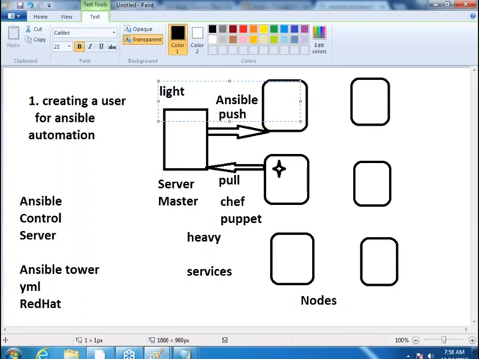Whereas the same thing is not possible in case of Chef or Puppet because the server has to maintain many things. Here, it is very simple. It maintains everything in a very simple file kind of structure. But when you go for Ansible Tower, it becomes slightly complicated, but not as complicated as Chef or Puppet. It is still simple. So Ansible is a lightweight software. That's why people like it.